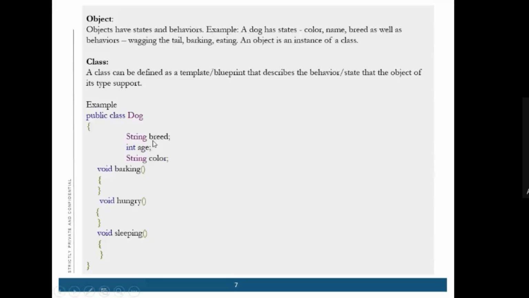Breed, age, and color are the states, and barking, hungry, sleeping are all its behaviors. Behavior can be taken as a method, and the state can be taken as data types. When we go further we will learn more, but just an overview: an object is an instance of a class.